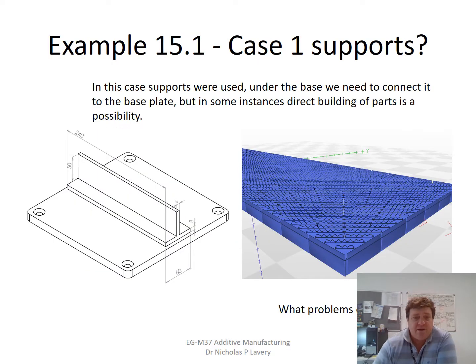Let's talk about the first case. In this case, we needed support structures everywhere on the base. But we can notice already from experience that this is going to mean a thick forest of support structures located everywhere below the base wall. You can see a picture of them here. It's a very large surface area,